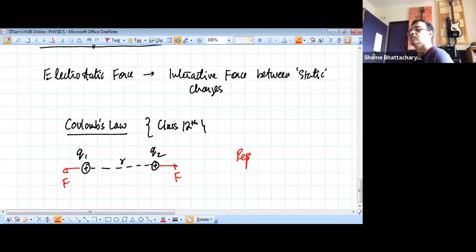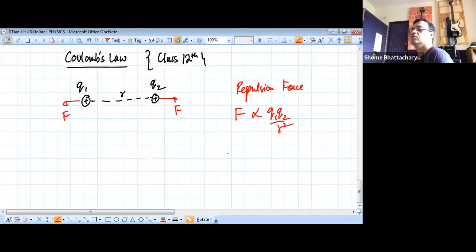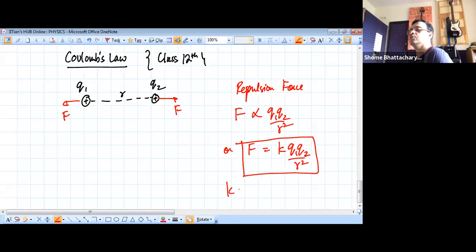Again, that force is proportional to the product of charges and inversely proportional to the square of distance. In fact, that force is a constant times the product of charges divided by r square, where that constant of proportionality is